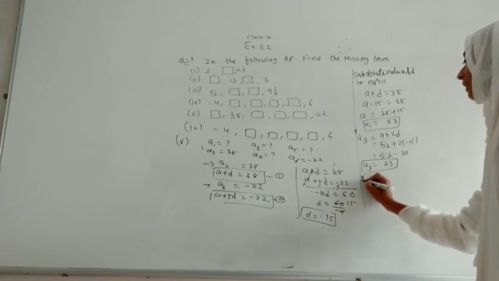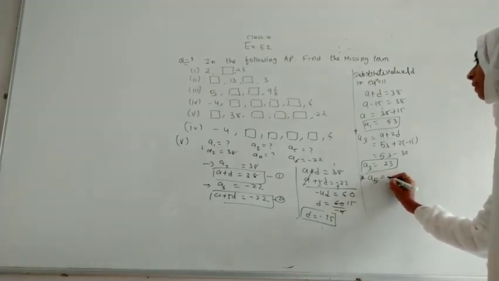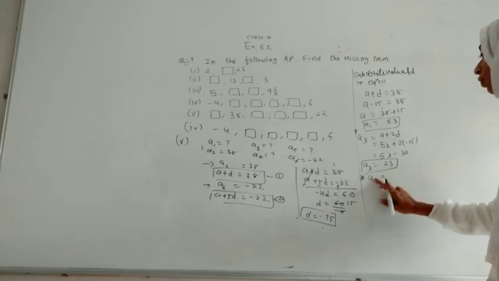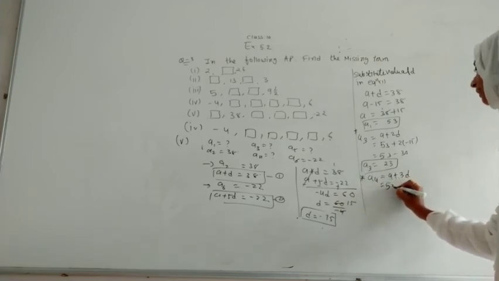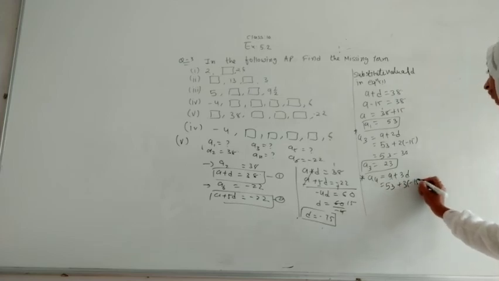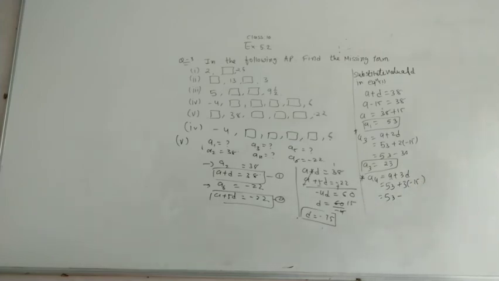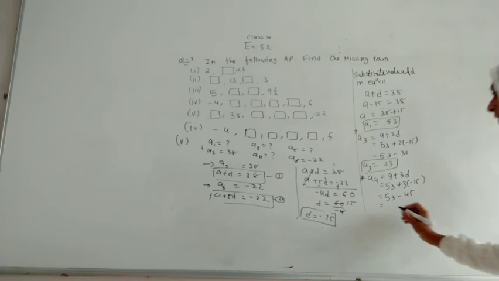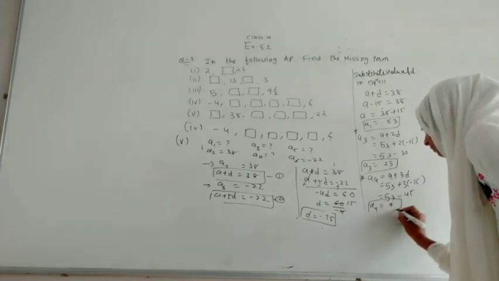So now here let me do it again. What we have to do, that is a5. So a5 actually mein kya hoga, woh hoga, first we have to find a4. So let us find a4, that is a plus 3d. a ki value hai 53. 3 into minus 15, 53 minus 15 threes are 45. Let us subtract and do. So I got a4 as 8.